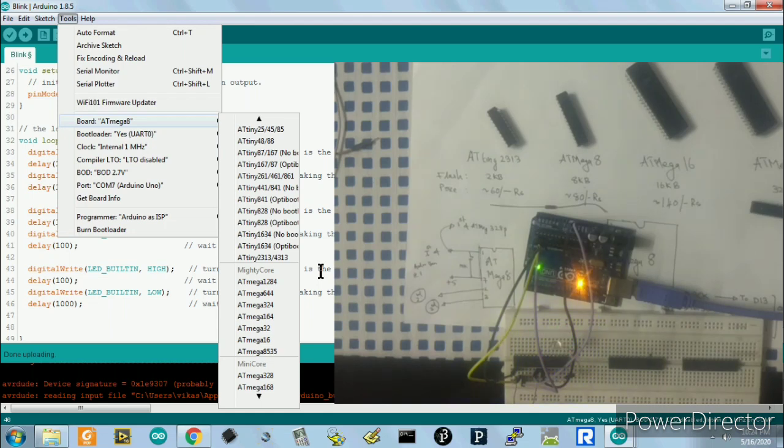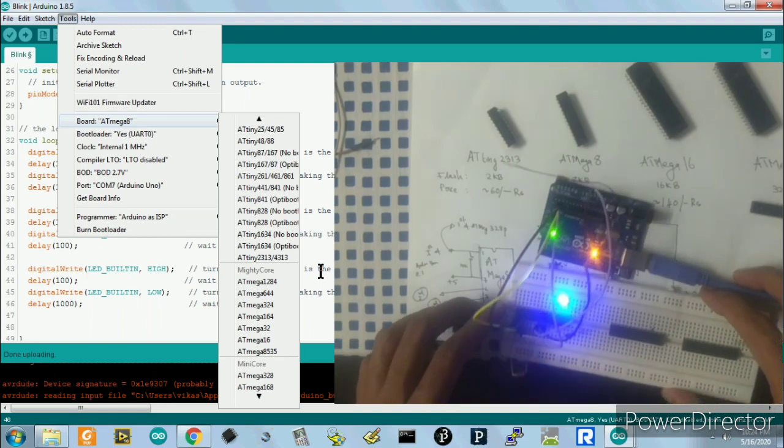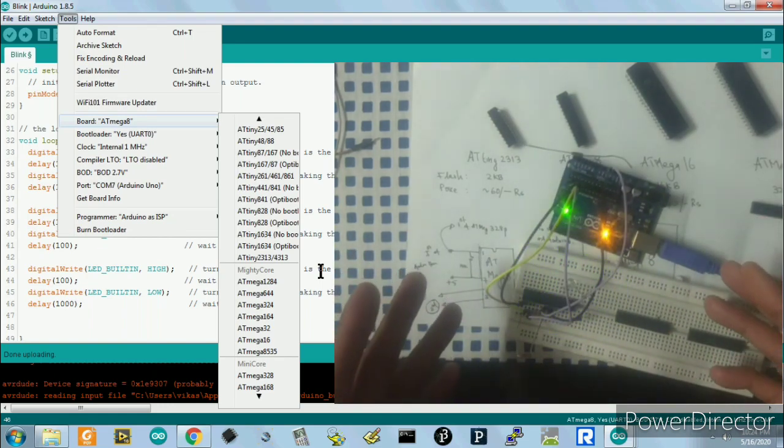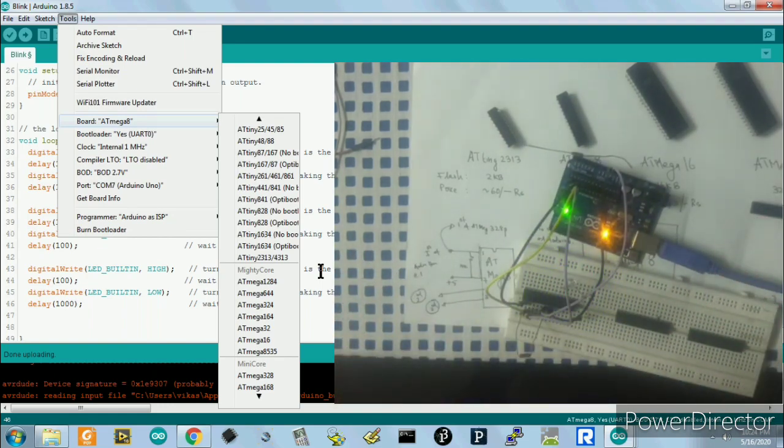And I have shown how to install the bootloader, that also you can do. So now we can program any microcontroller using Arduino IDE without using an in-circuit programmer. We can program with the USB to serial converter.